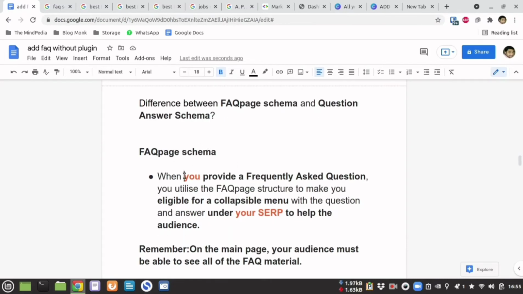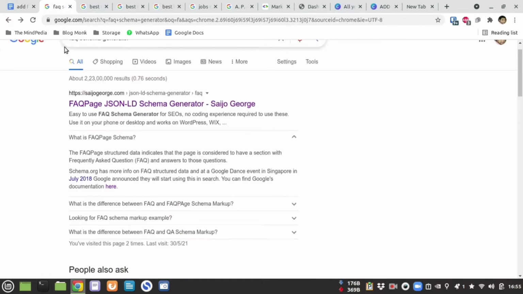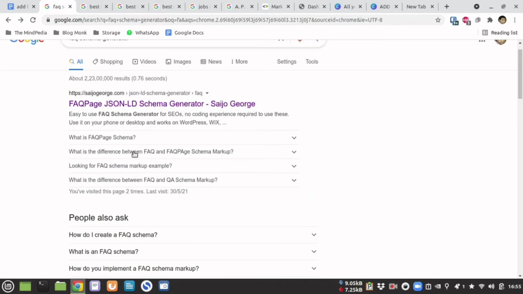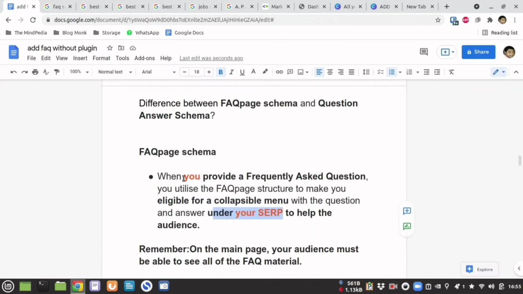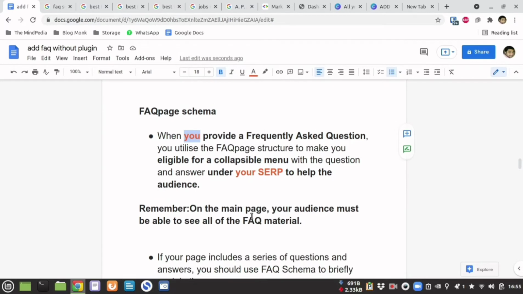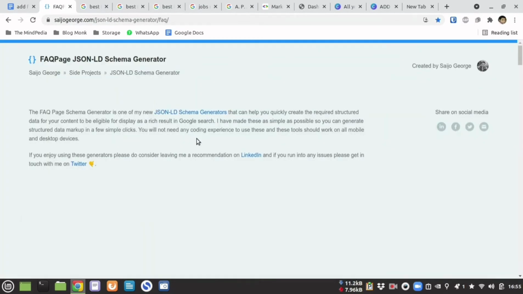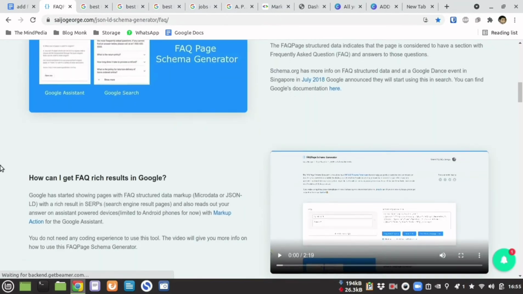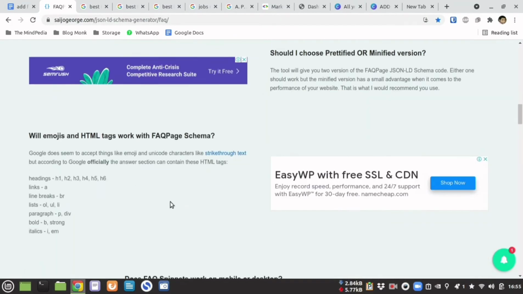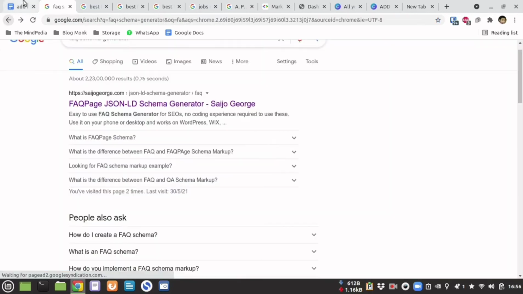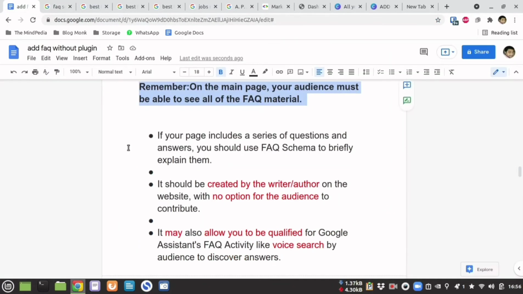In FAQ schema, you as the author of the page are going to provide certain questions and answers which will come under your search result. So this question and answer are provided by the author of this particular blog post. Please remember that the word "you" here is very important because you are providing this answer, and whatever answer you are providing over here, the short answer, its elaborate answer should be present in your blog post. So do not misuse this schema markup. As you can see, the author has given the answer to these questions inside the blog post also.